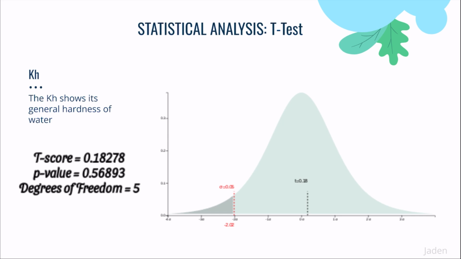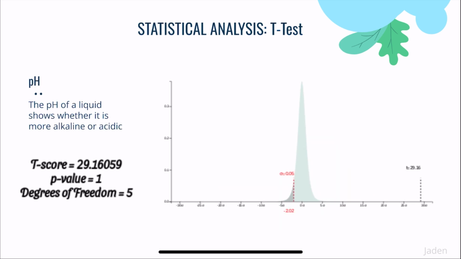KH is potassium hydride, which isn't super relevant to this specifically, but it does help to show variances in water quality. And then pH did seem to have a surprising statistical relevance. The pH of a liquid shows whether it is more alkaline or acidic, which can have an effect on marine life. And the T-score value was 29.1, which is actually very relevant because the p-value was also 1,